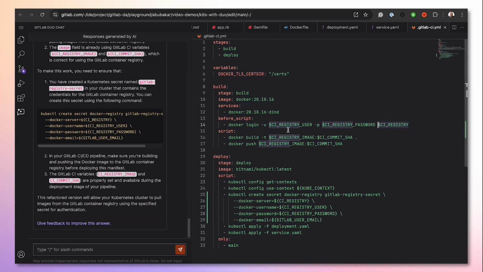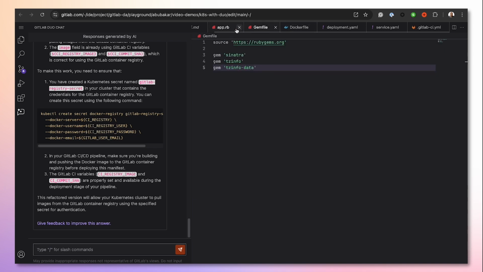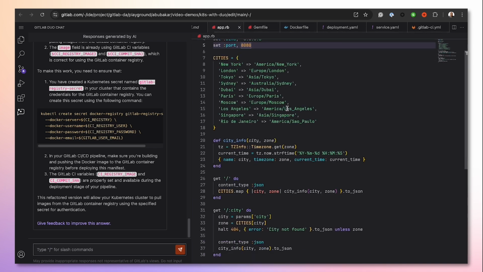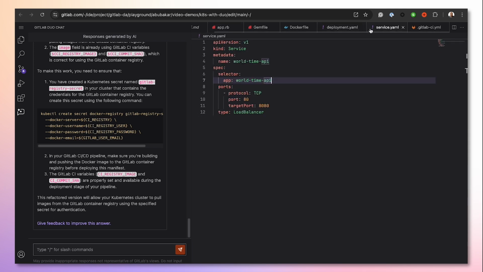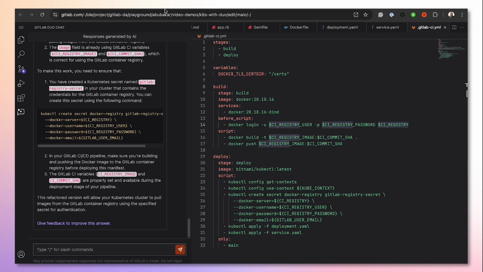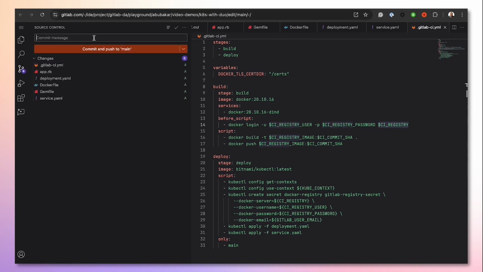Now, I think we have everything we need. Let's check. We have our Dockerfile, we have our Gemfile, we have our application. Everything should just work. So let's test. Here I'll commit all the changes: initial application code. Now let me push to main,